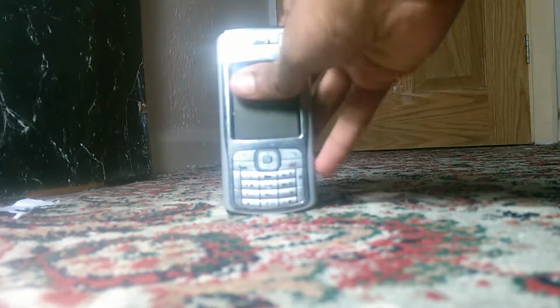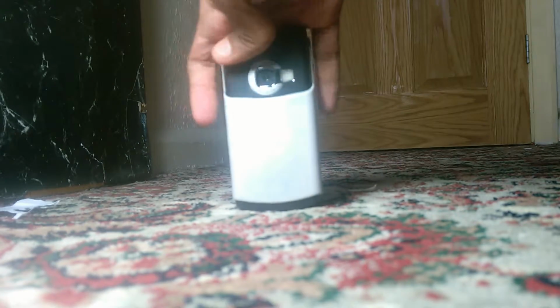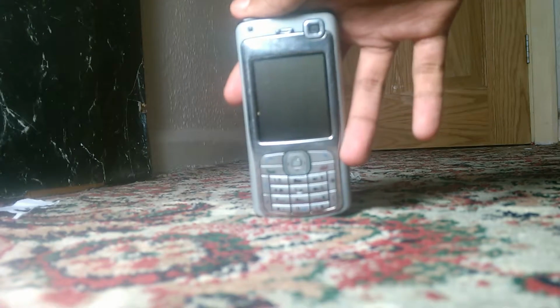So next we've got this. This has a front camera. It has, I believe, some kind of app store. It has a back camera with a flash. I believe it's a 2 megapixel. So of course there's a front camera. It does have a fun snake game, if I could show. Well, it's not bothering to turn on. So anyway,